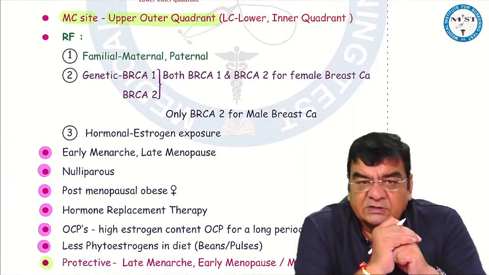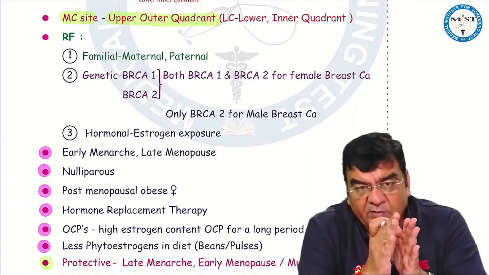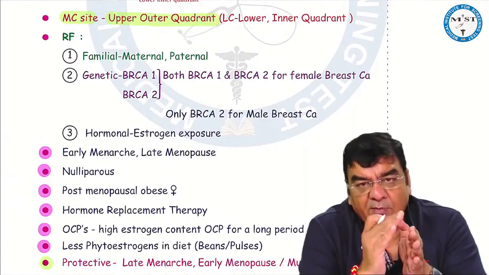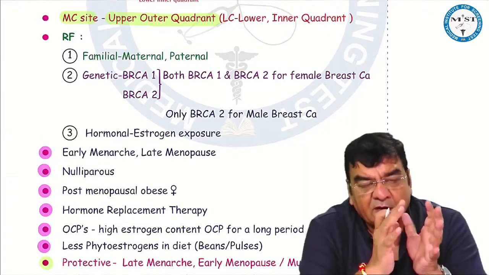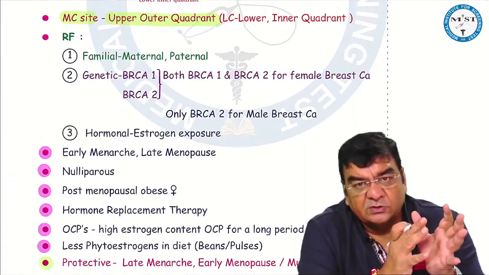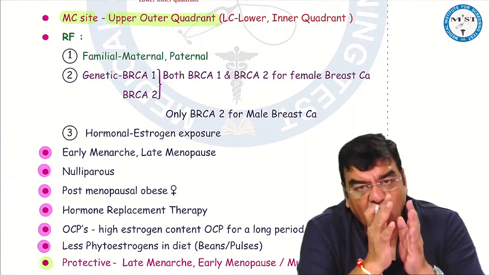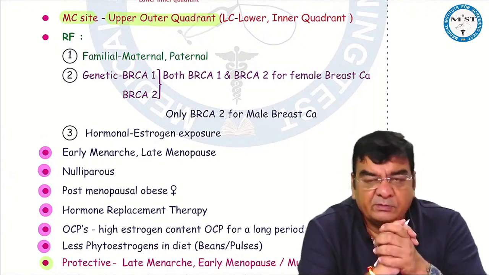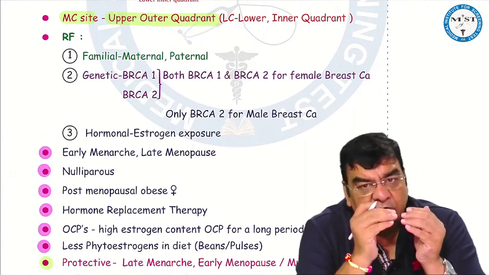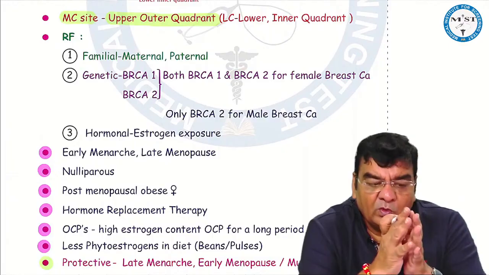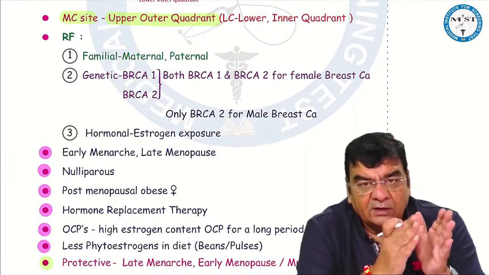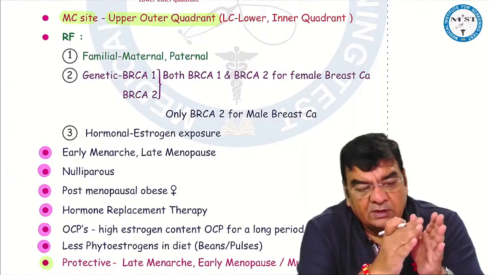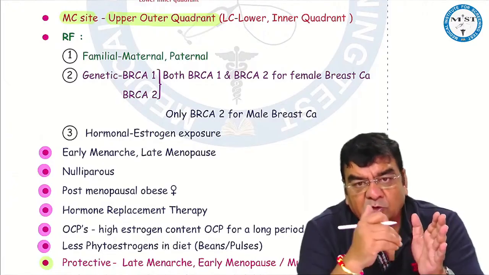Risk factors for breast cancer can be familial, both on the mother's side and the father's side. Genetic mutations, BRCA1 and BRCA2, are associated with female breast cancer, and only the BRCA2 mutation with male breast cancer. And estrogen exposure: more estrogen exposure, more chances of breast cancer, like early menarche, late menopause, nulliparous, postmenopausal obese female,